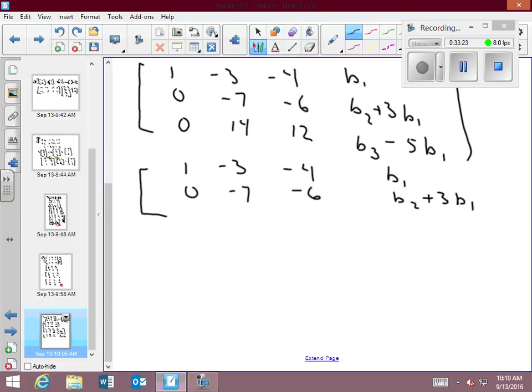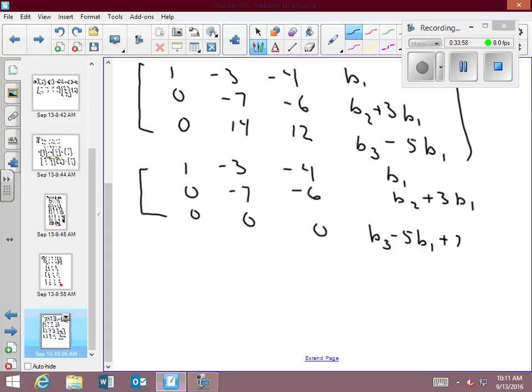Now I'm going to take 2 times that second row and try to get rid of this 0, and it gets rid of this. And then I take 2 times this. So I'm going to put this down first. 3 minus 5. I'm taking 2 times, just a straight 2,